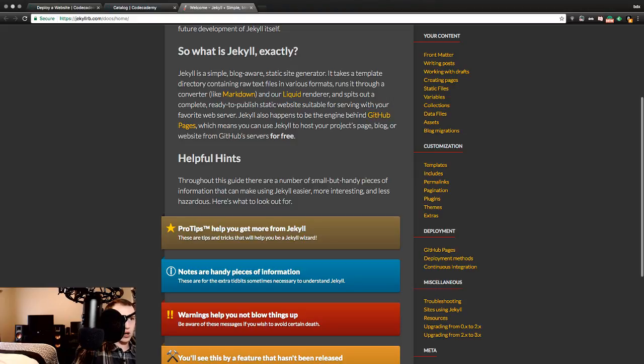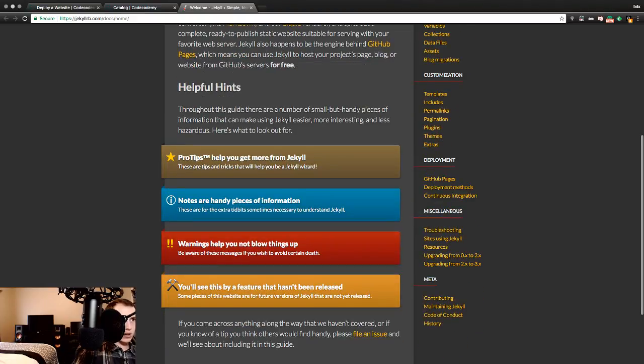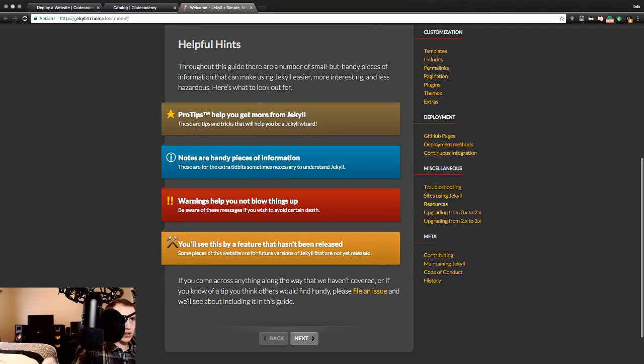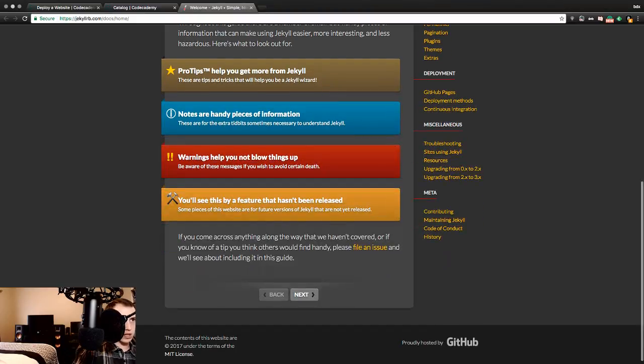Here's what to look out for. Pro tips help you get more from Jekyll. These are tips that are tricky, that will help you be a Jekyll wizard. Notes are handy pieces of information. These are for extra tidbits, sometimes necessary to understand Jekyll. Double exclamations, warnings, help you not blow things up, always important. Be aware of these messages if you wish to avoid certain death. Good safety tip. Nice. Those are important. Keep an eye out for double